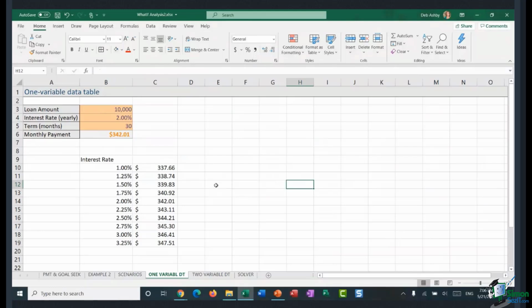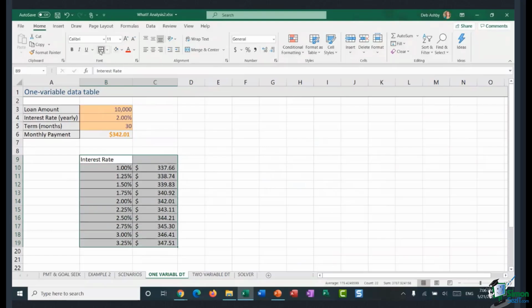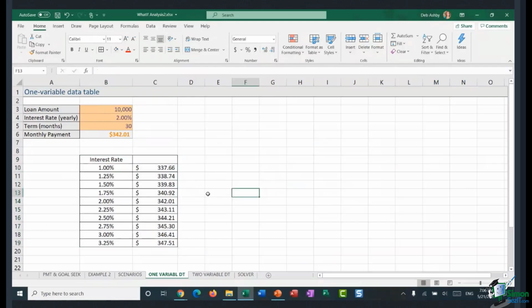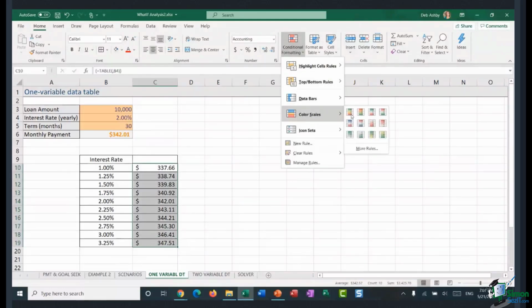What I might do then is just apply some basic formatting. So I'm going to select my data table, give it some borders, and I might want to center everything. Another thing that's quite nice to do is add conditional formatting in here as well. So I'm going to highlight these numbers, jump up to conditional formatting, and add some color scales.